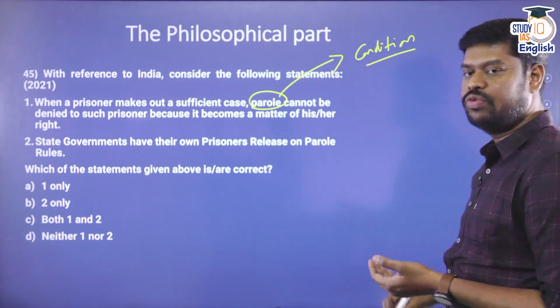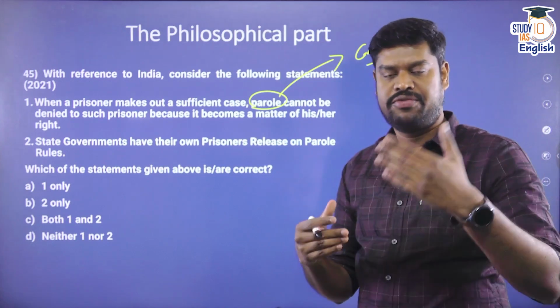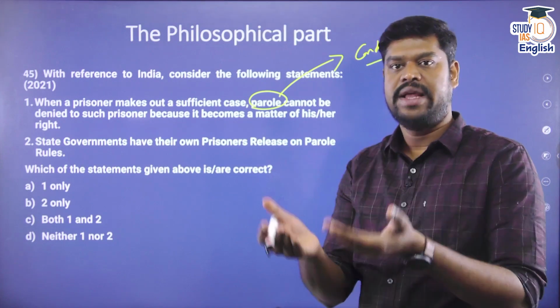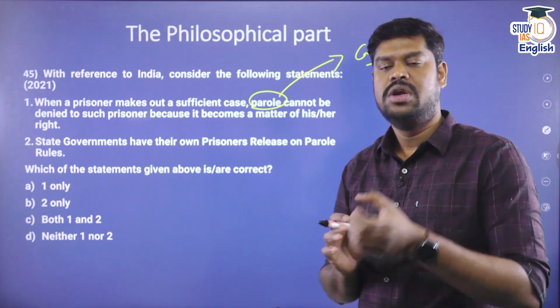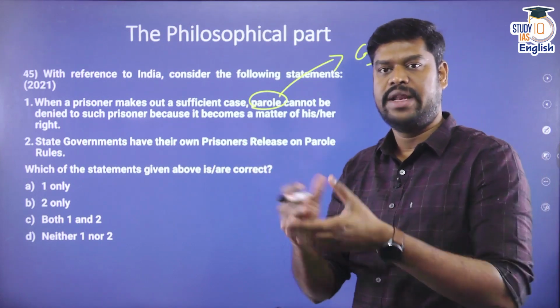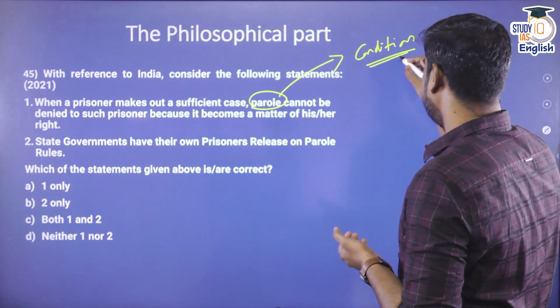What is the condition due to which he is sent outside? This is because of certain cases where there is a function in his home, or a marriage that is going to happen to that individual. So, on certain conditions, when there is a need, he may be sent outside of the jail, or to attend the marriages of others in the society. So, on condition, he may be sent outside.